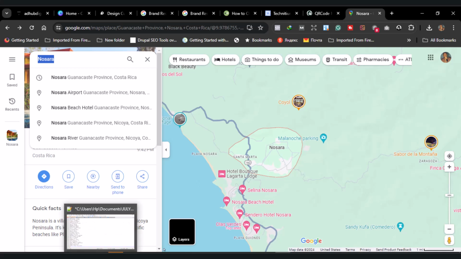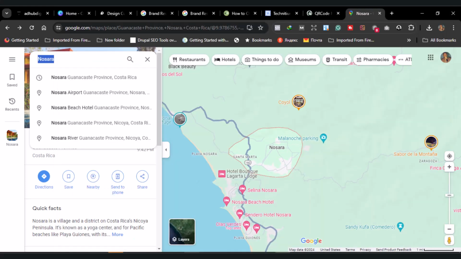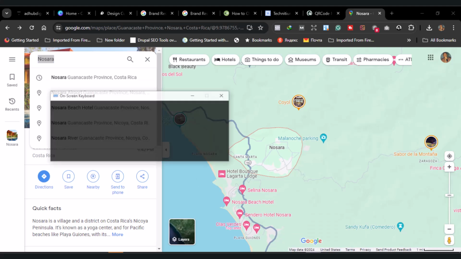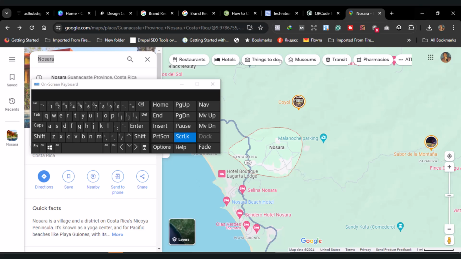Now here is something you should also know that I didn't touch in the other tutorials. Now we are going to look for, I always had this. It is very, very important. So we are going to put in map of what? Hiking trees. You understand? In Nosara, Costa. Please